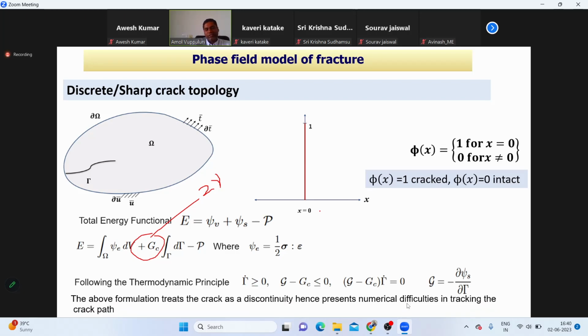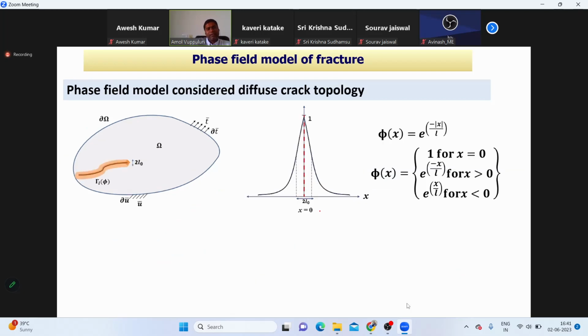the above formulation treats the crack as a discontinuity and hence presents numerical difficulties in tracking the crack path. On the other hand, if you take a continuous function which is representing a damage, it is easy for you to study the crack propagation because you don't have any jump condition to track the interface. Okay. So once you introduce this smeared